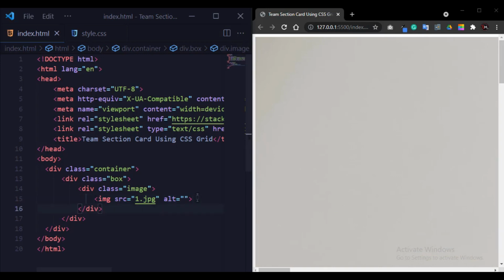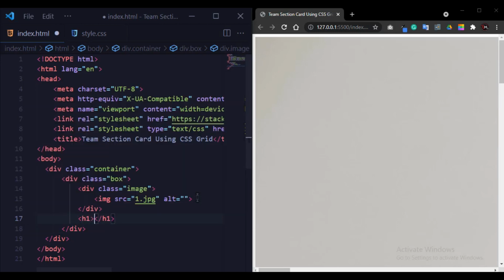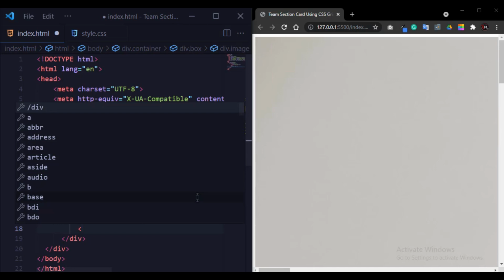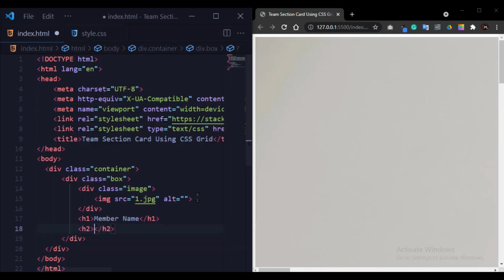So now after the image I will add a heading in the card. You can add anything in the card as per your choice. It's totally up to you.